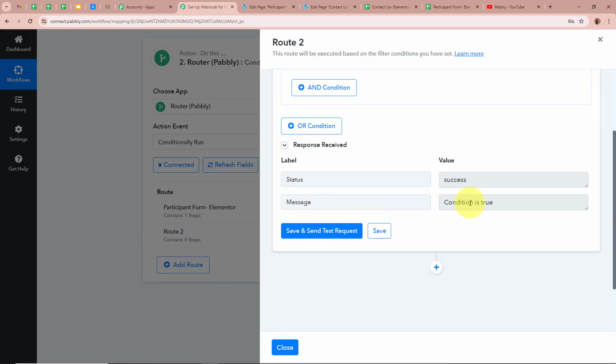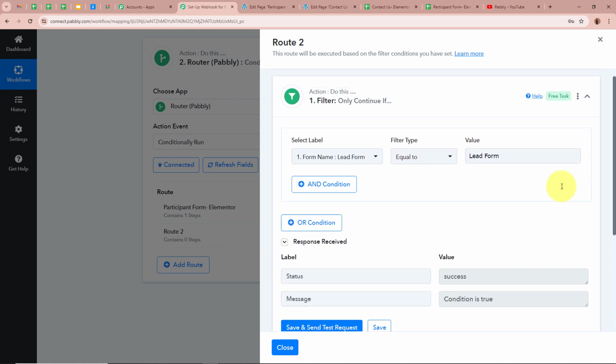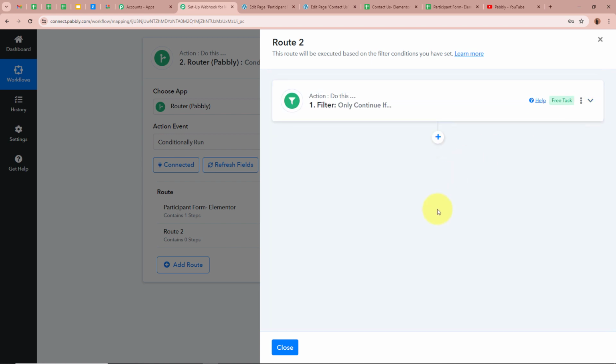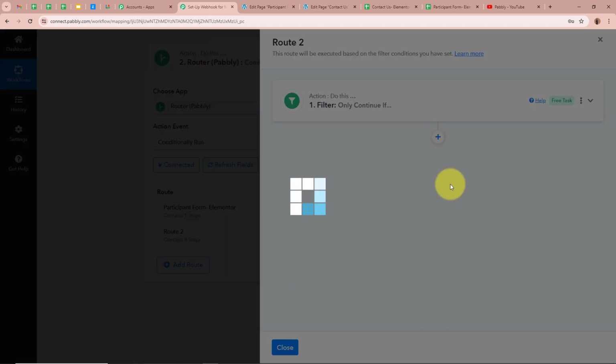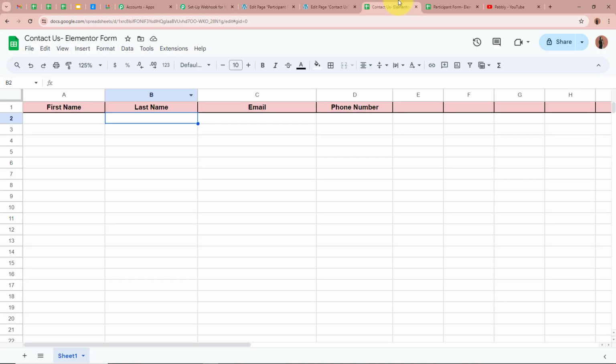As you can see, the message over here says condition is true and the status is success. That means we successfully applied the filter for route 2. And now what we want is that whenever the form submission is done for the contact us form that I've created with the help of Elementor, the details of the contact us form should automatically be transferred into our sheet named